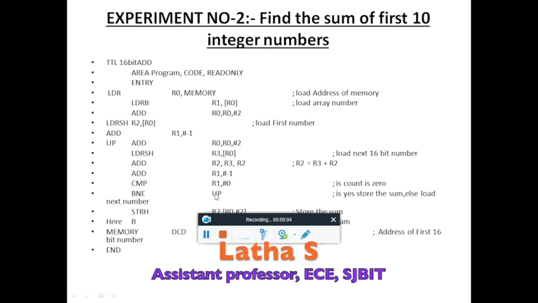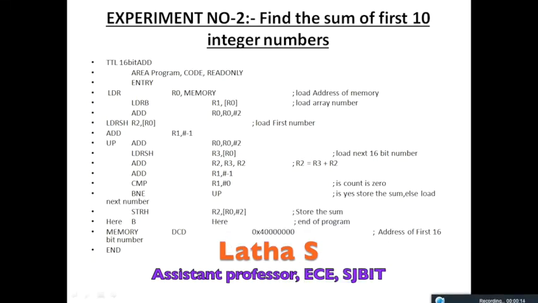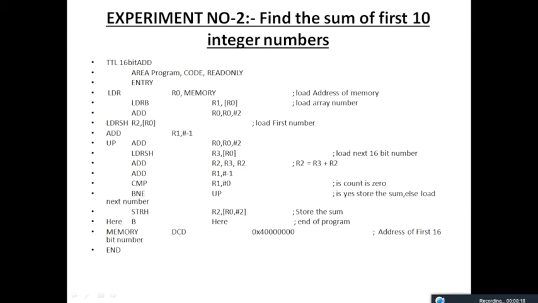Now we are starting with the second experiment, where we'll try to find the sum of the first 10 integer numbers which are stored in some particular memory location. This is the program which shows you the addition process of these numbers. We are starting with the area program, and the code is considered read only as usual, and we are